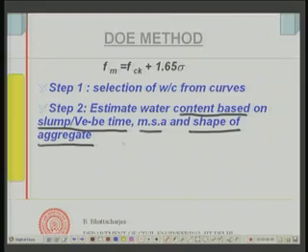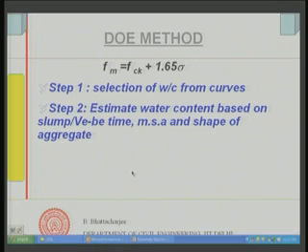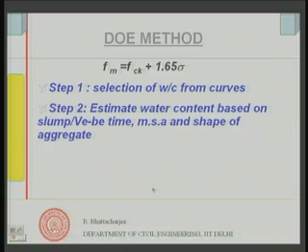In the second step of the Indian Standard method, we found out the water content and sand content first for a specific condition of workability, that is compaction factor 0.8, specific water cement ratio, and then specific grade or zone of sand, the grading of sand, and then we applied some sort of correction factor. Here it is not like this; we directly find it from a single table based on shape of aggregate, maximum size of aggregate and required slump etcetera. So, in that sense this is a one step method rather than a two step method.